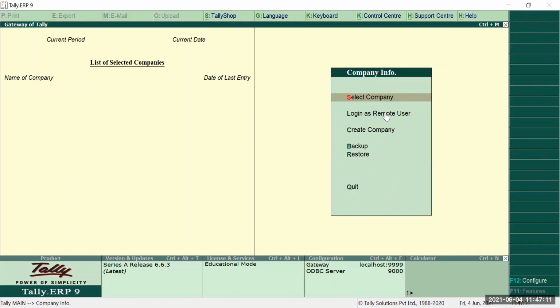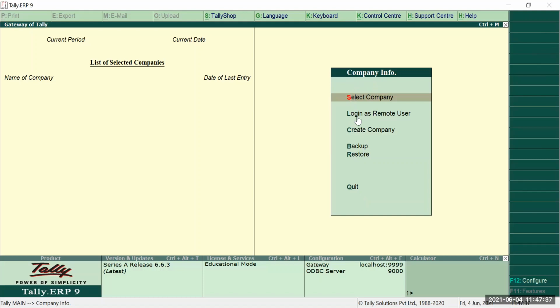Okay, now I have shut the already selected company, and now I will be starting from the basic. Okay, now if you have already created a company, you will be selecting a company. For selecting a company, you will be pressing the key S. Okay, remember, every operation can be performed by a single key. Okay, you don't need to use the mouse, you don't need to click it.